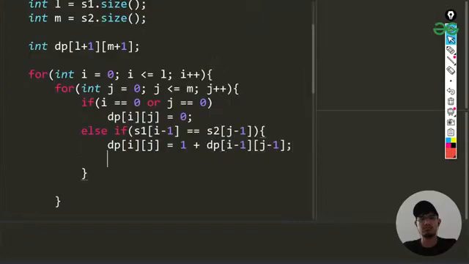Once we have done that, in the else part, which means we don't have a match, we'll just be setting this equal to 0. And one thing which I told you in the starting itself is that we are going to be making a note of the maximum up to that point.